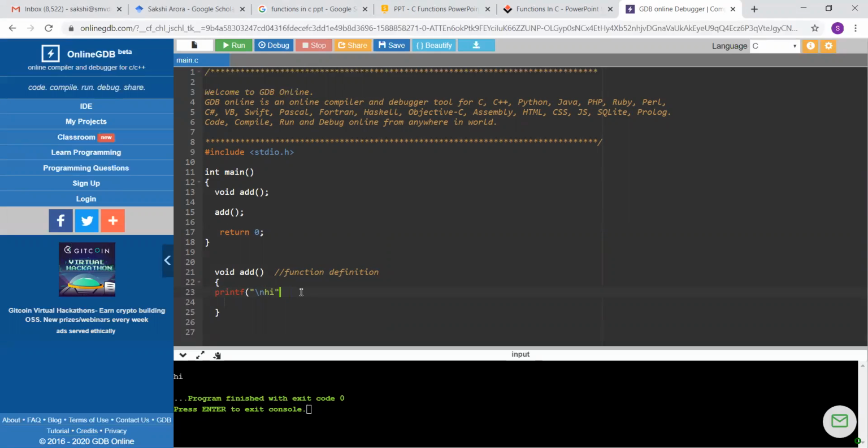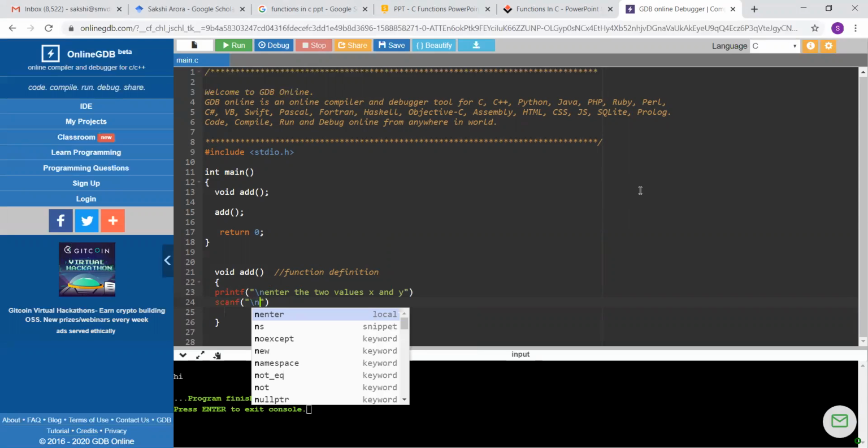Now, let me here change the definition of that function and write enter the two values x and y, and try to enter two values as we normally would do. So this is what I'm trying to do. I'm trying to enter two values, x and y.